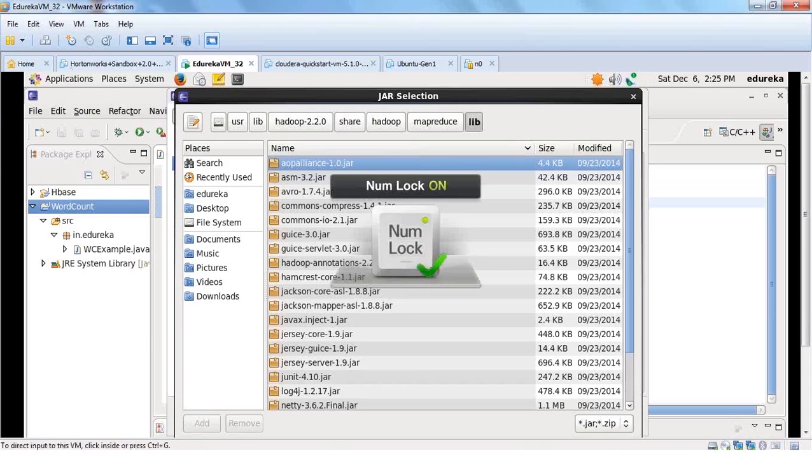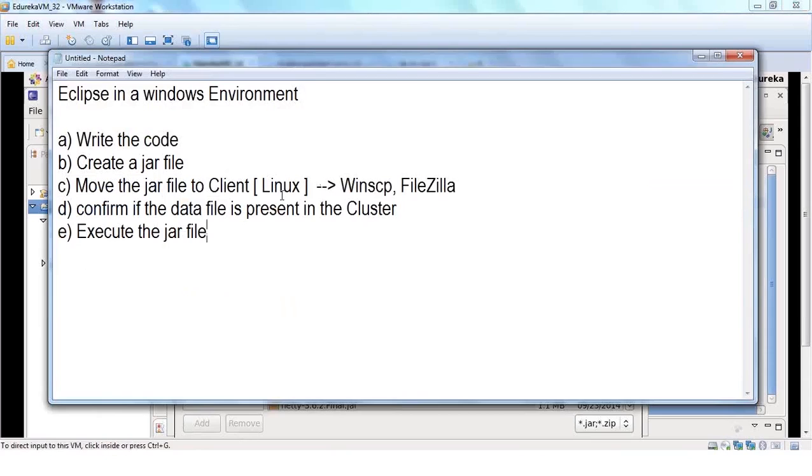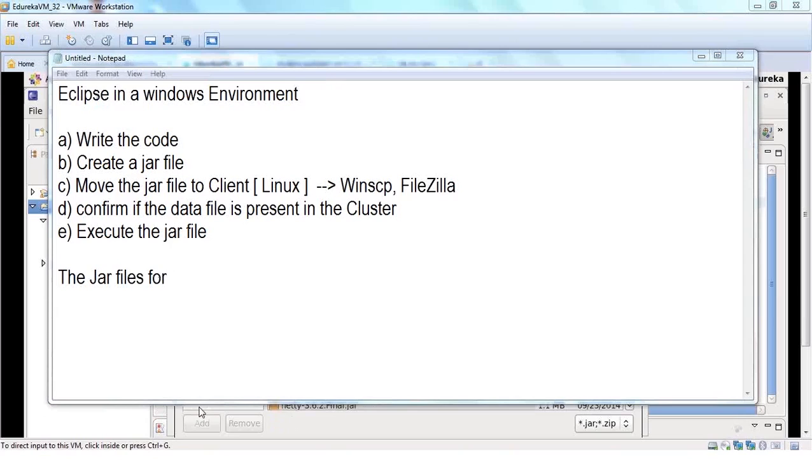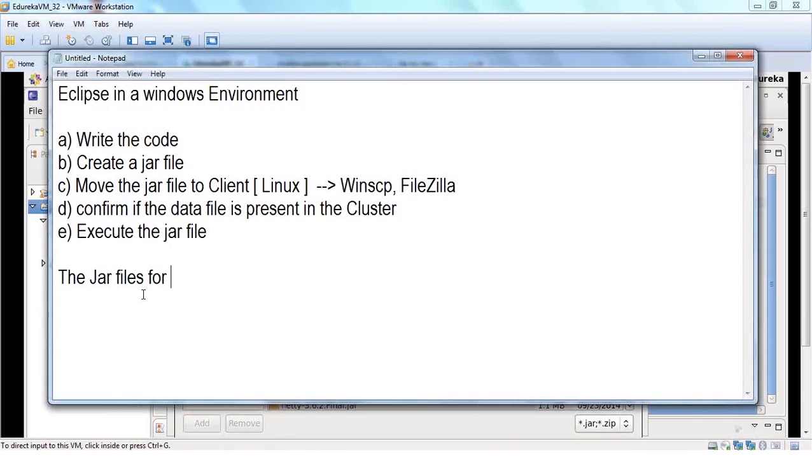So let me put it in the notepad. I think we are very clear. So we will write the code. Hey, these are the resultant jar files. Velan was asking in the LMS, these are the resultant jar files. The jar files for your word count example